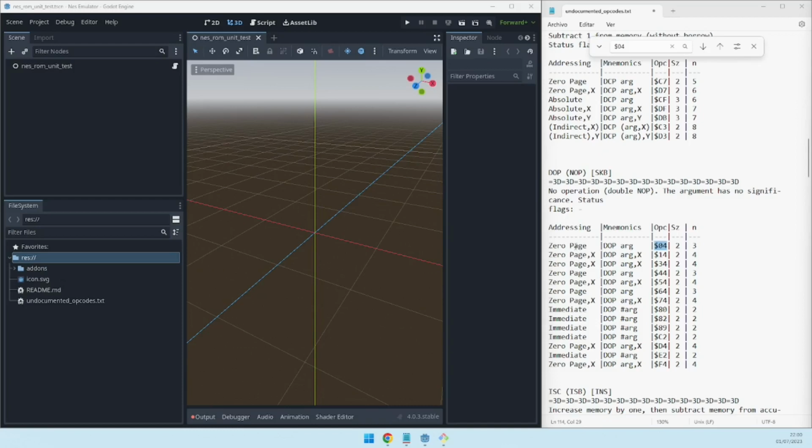So we have zero page X and another zero page. So we seem to have more than one opcode for the same operation. It is kind of repeated, which is interesting. Anyway,